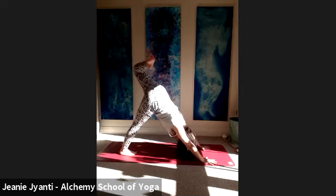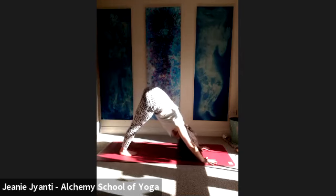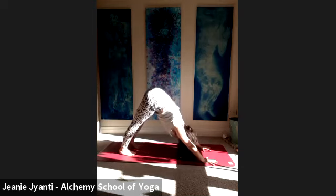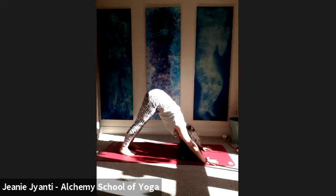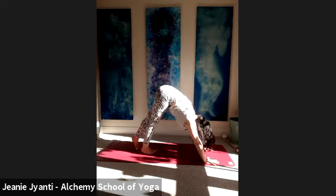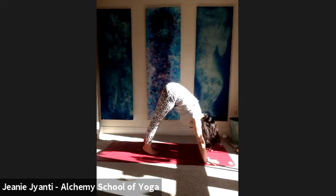Explore what it's like to be upside down on this sunny afternoon. Shoulders are relaxed. One more deep breath in here. Maybe come to stillness for that breath. And then exhale, look forward, and we'll really slowly, step by step, keep the hips high and just walk the